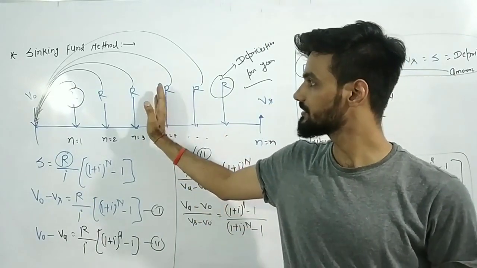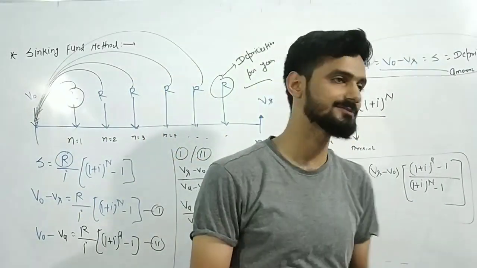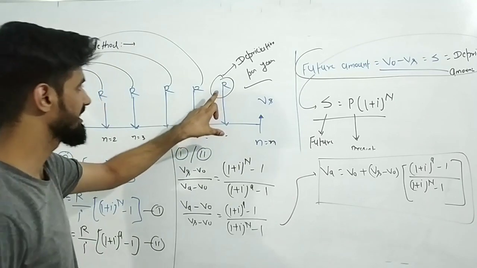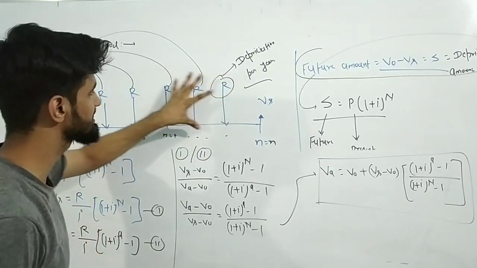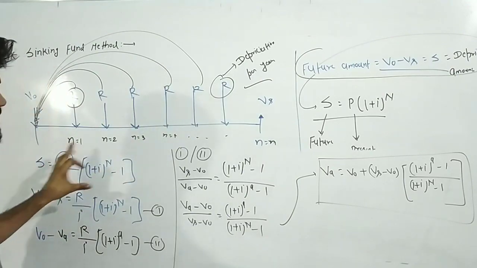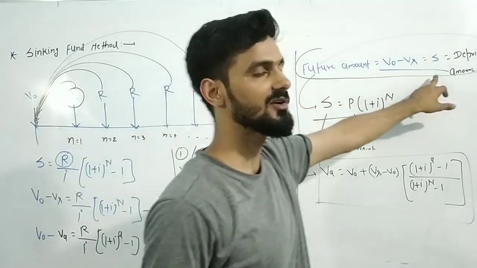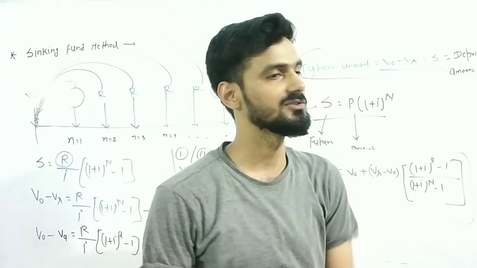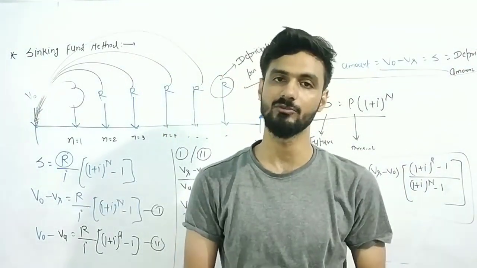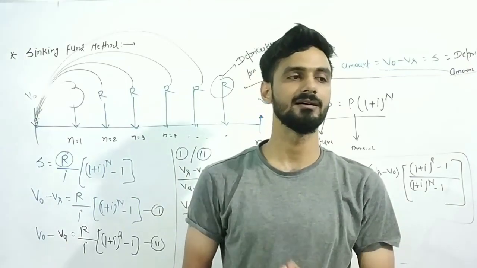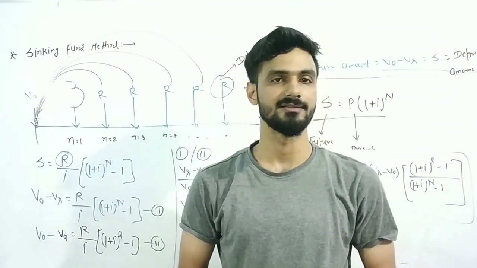There you will get equal amounts of cash flow throughout the whole service life. You have to convert all the cash flows into present value, and if you add all these present values, then you will get the amount of depreciation. Okay, so thanks for this lecture. We have completed the sinking fund method for the depreciation calculation, and we will be solving numericals in the later lecture. Okay, thank you.